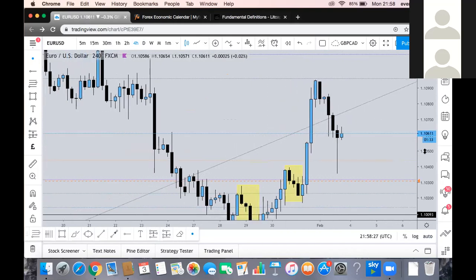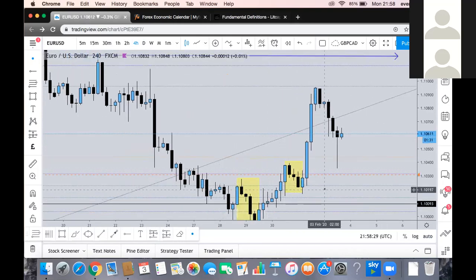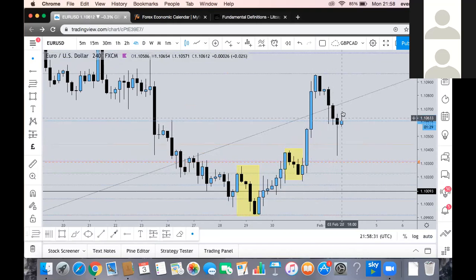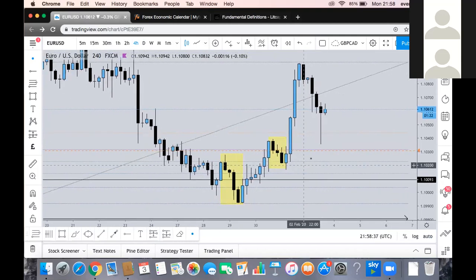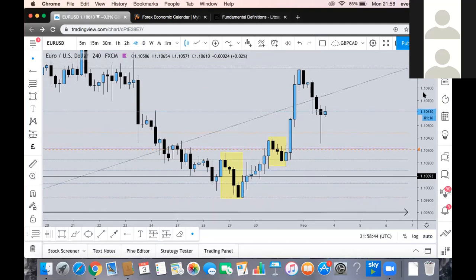You know, about 30 pip mitigation. I do believe though that we can see lower prices as well in regards to maybe this area being taken out. So just waiting on that. Like, we did have a reaction today, but then it was followed by nothing. So I'm not really too concerned in regards to